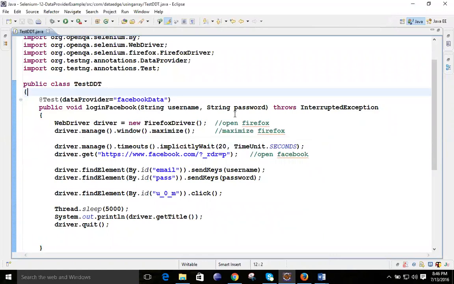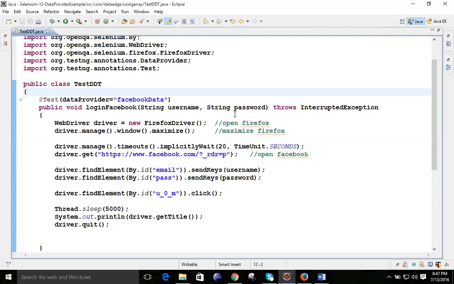From where it is accepting, we will discuss. We have seen one similar example, in which we were giving the password from the TestNG XML suite and running it.